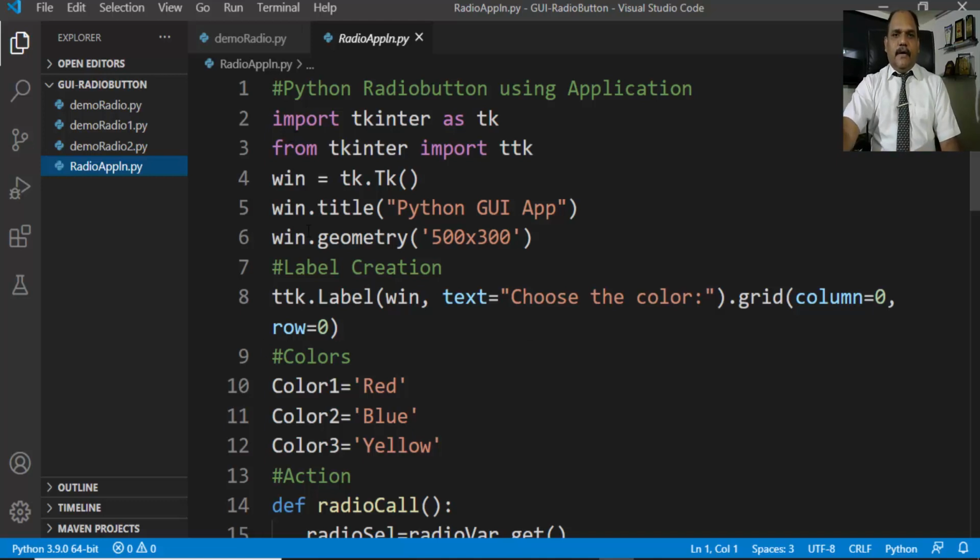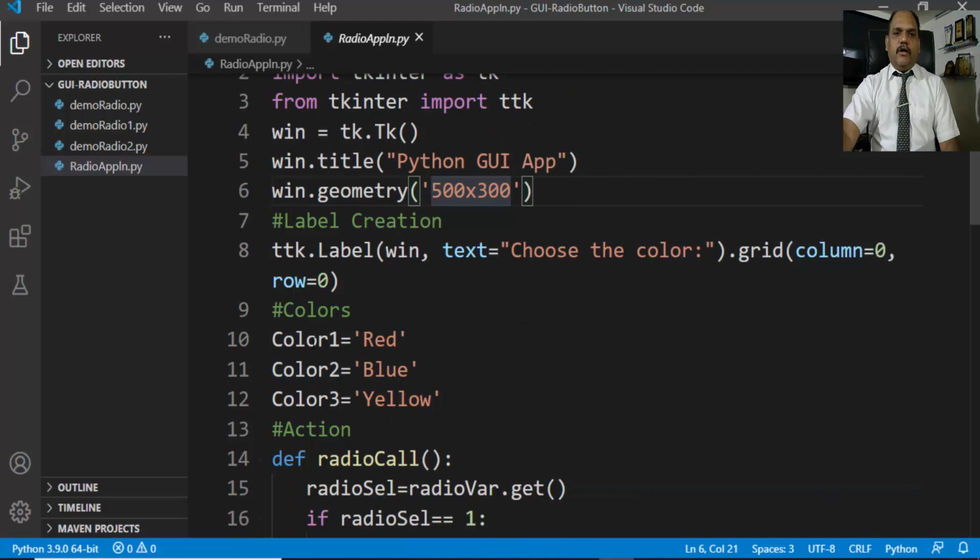So here I imported, I'm having a window with the geometry 500 and 300. I'm having a label prompting the message choose the color. Now here I define the color codes. Color 1 equals red, color 2 equals blue, and color 3 equals